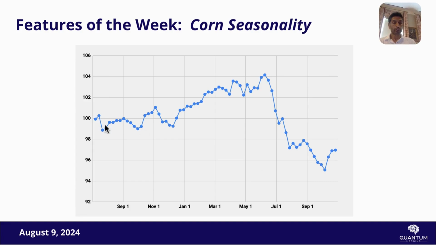I mean, look back here. This is the equivalent of July 1st, right? So you start at July 1st. Corn goes kind of sideways until almost the beginning of December. So you're talking about, for now, crop year 25. Typical seasonality is corn goes sideways until the beginning of December for next year's crop, not for this year's crop, but for next year's crop.